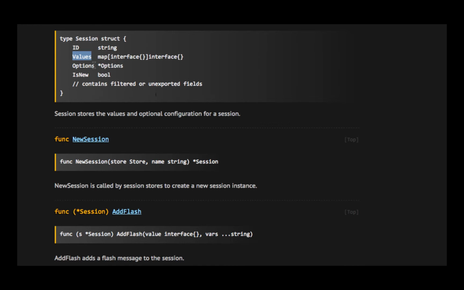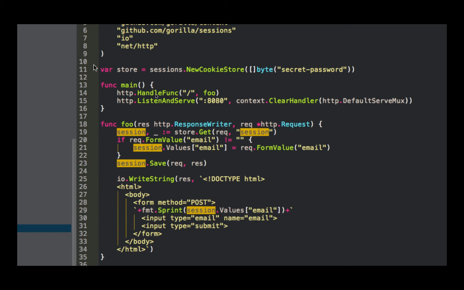It's a map. And a map takes a key and a value. And these are empty interface, so it's any type, a key of any type, and a value of any type. That's a pretty flexible map, right? So kind of getting a little bit loose with what is it, static typing or strict typing, because we could put anything in there. So here we say session.Values, and we're giving it the key of a string, email. So we're just storing that in our map. And we're saying that that's equal to whatever is entered at the form. Cool, so we stored a value.